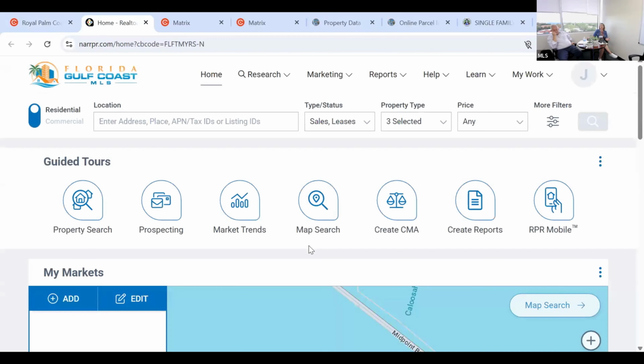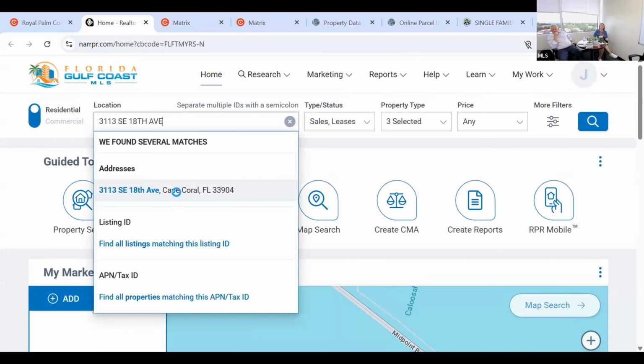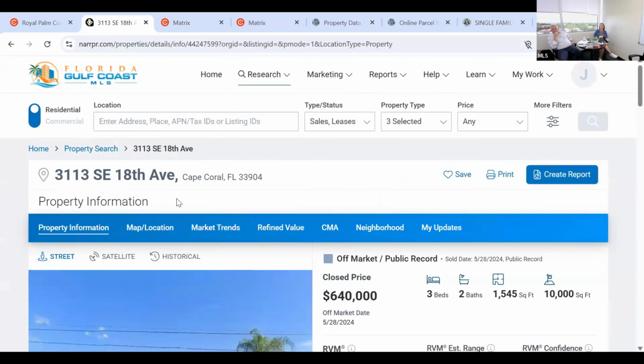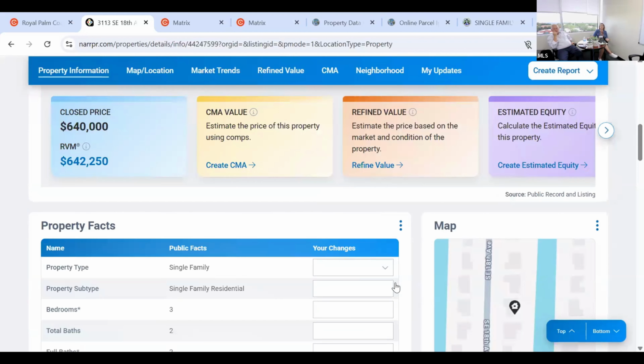So to start, you're going to enter in the address of the property that you're working on. And I put it on a little sticky note here because I knew I was going to need it 100 times. And you're going to go ahead and pull up the property here in RPR. So what this is going to do is it's going to show you the entire RPR printout. We've done lots of classes on this in the past on the data that's provided by RPR. You can use RPR for farming. You can use it for 100 different things. So if you want more information on that, head over to the YouTube channel to look at the data provided by RPR. So that's first and foremost, it's going to land you on the printout data page for it,